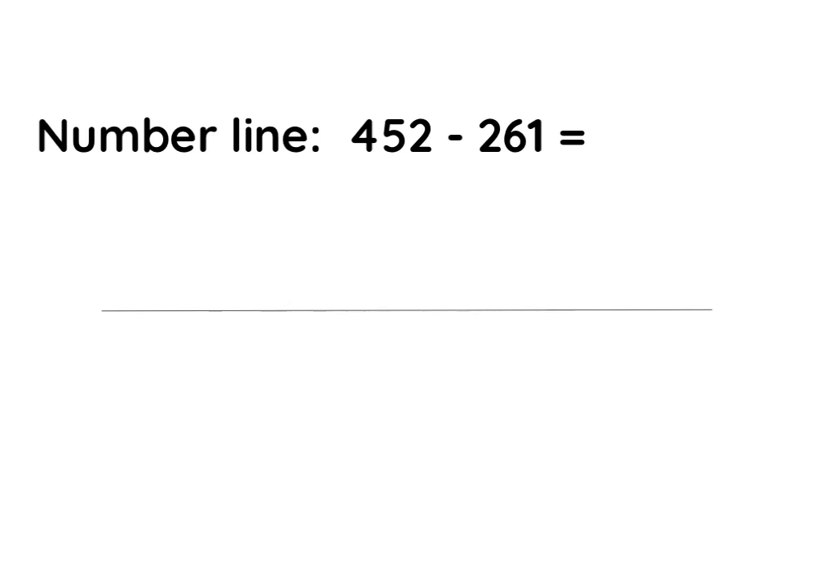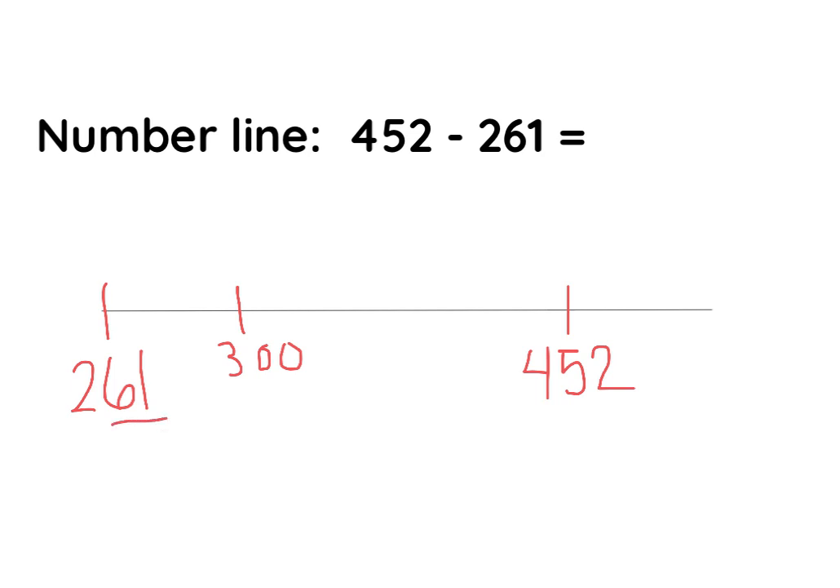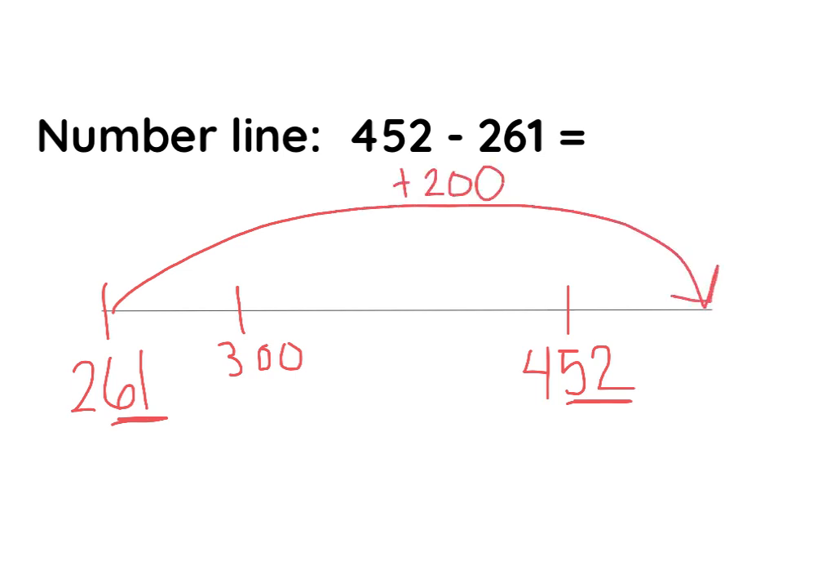452 minus 261. So I'm going to put a 261. I'll put my 452. Okay, do you want to explore this one? We could stop at 300 if you'd like to. Or do you see how close 61 is to 52? I might want to jump all the way past it by adding 200. So 261 plus 200 equals